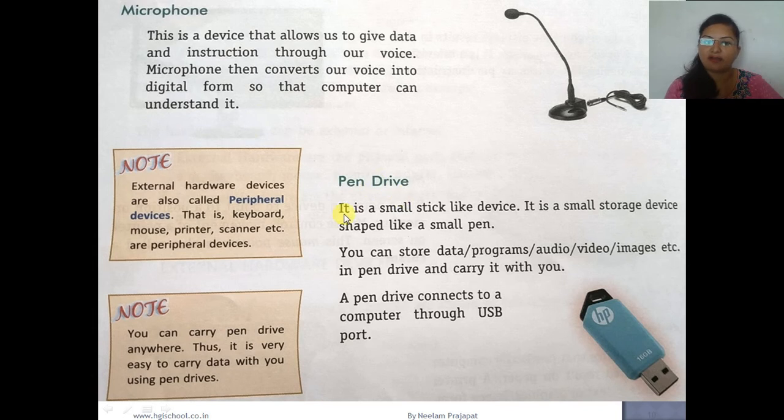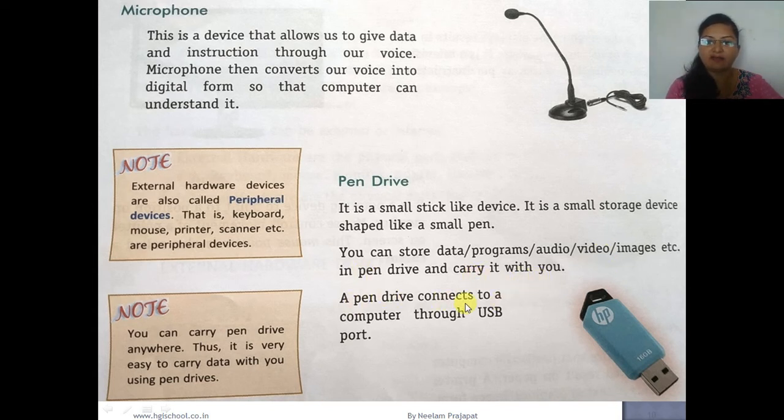Now pen drive is a very small stick-like device, a small storage shaped like a small pen. Nowadays it comes in different shapes and sizes. In this we can store data, programs, audio meaning sound, video, images, etc., and then carry it anywhere.